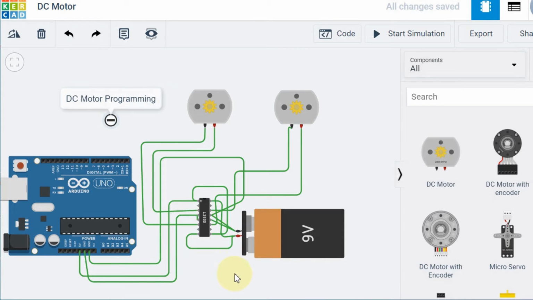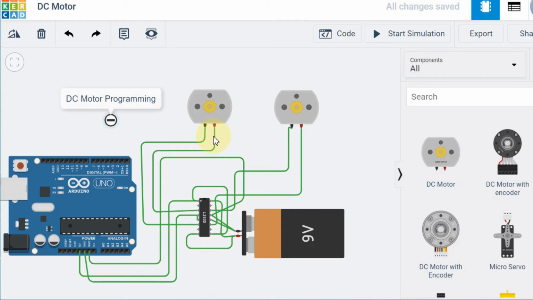First we will write the code for controlling only one motor, then we will go for 2 motors, and later, with different control from the user, how this motor can rotate clockwise and anti-clockwise. That program table also we are going to see. So first we will start with writing the code for only one motor, then we will go for the upcoming ones. Now I will start writing the code.